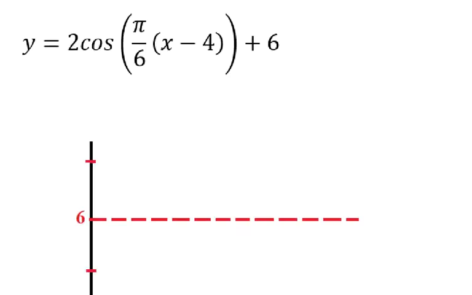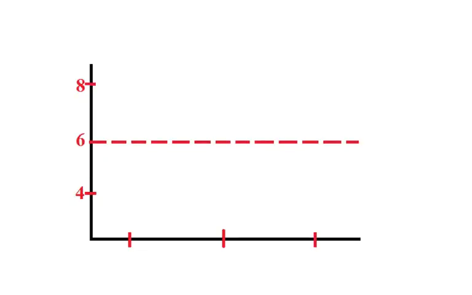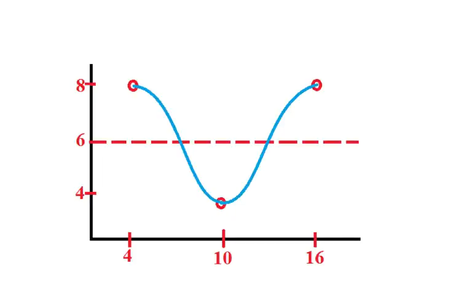Now let's graph the equation. So we start with our axis, which is 6. Then we mark our amplitude, which is 4 for minimum and 8 for maximum. Then the first point we have is at 4. Then the next point we know is the minimum that occurs at 10. And then we know 6 more hours will be another maximum. So (4, 8) is our first point, first maximum. (10, 4), first minimum. (16, 8), second maximum. So then we connect the dots, get our first full cycle,